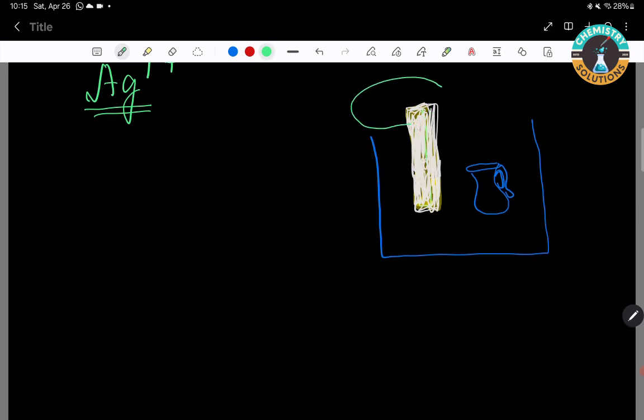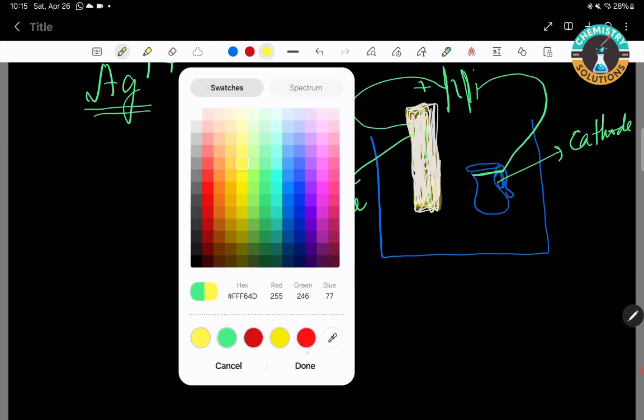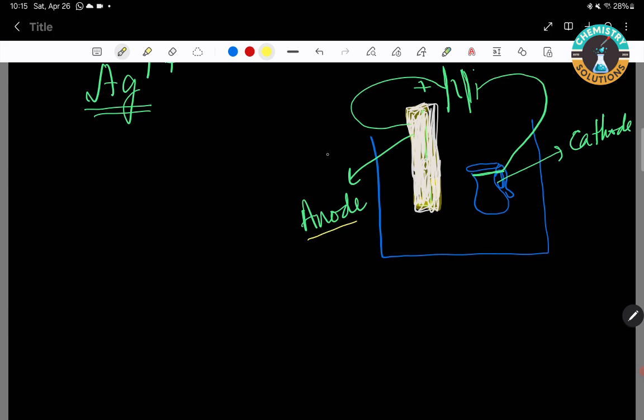I will connect this silver metal with the positive terminal of the battery, and the object to be plated will be connected with the negative terminal of the battery. So silver will become the anode and this jug will become the cathode. Now you all must remember that the anode is the positively charged electrode and the cathode is the negatively charged electrode. The object to be plated will be making the cathode. We will dip it in the solution,